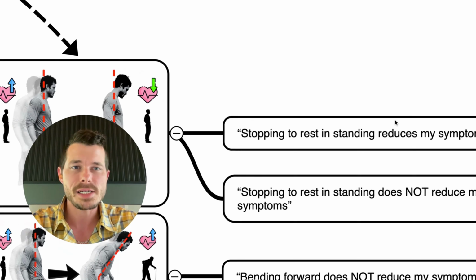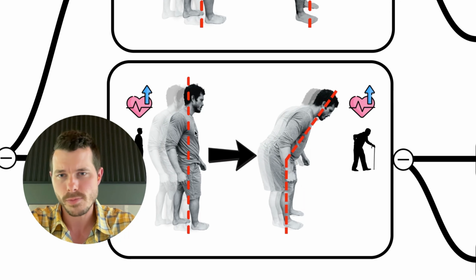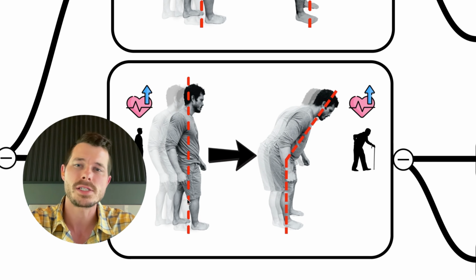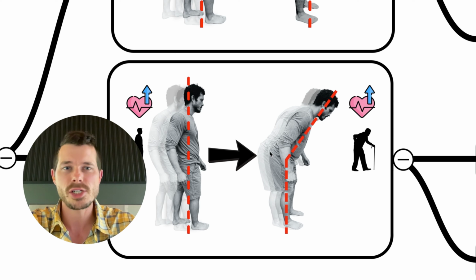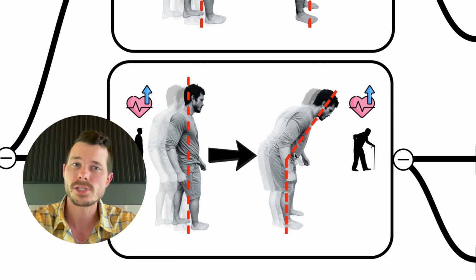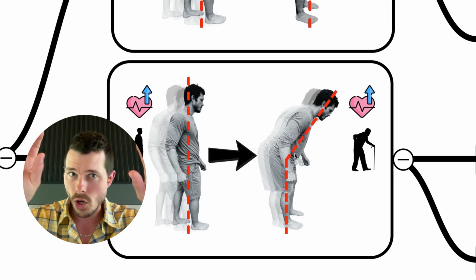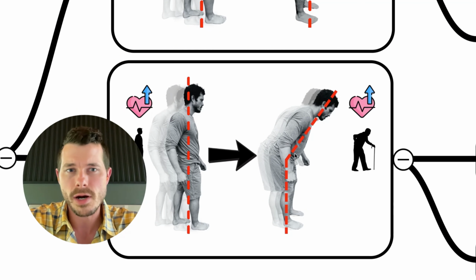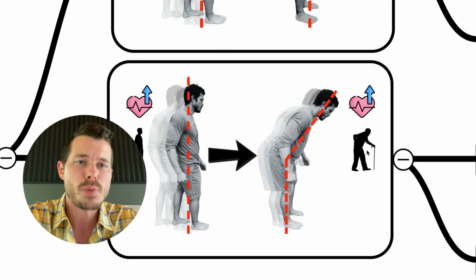A problem with the position of the spine, not with how hard the heart is working. Now, in this case, let's just say that you are walking, your heart has to pump because your body and your legs need the blood flow to function. Your spine is in this position, and then you keep walking, so you're not changing the effort required of the heart at all, but you change the position of your spine,